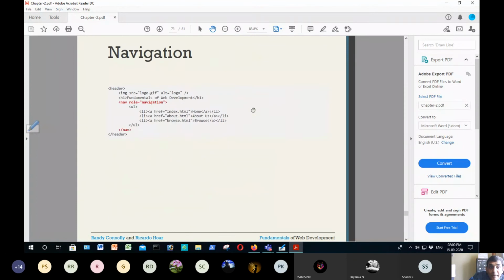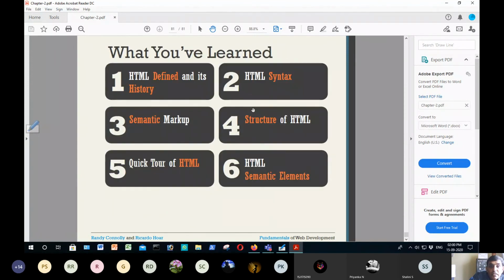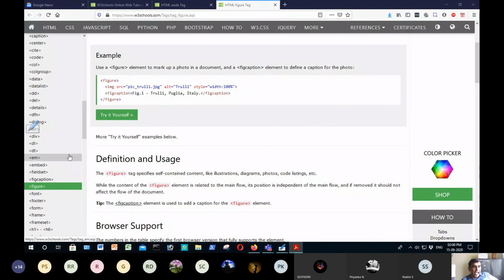So that's about this chapter on HTML5. Here, very briefly, we have discussed HTML5, not all the tags. You may be wondering where the others are. The most important thing we discussed is semantic elements, a very quick tour of HTML. The point is, where do you study all the tags?